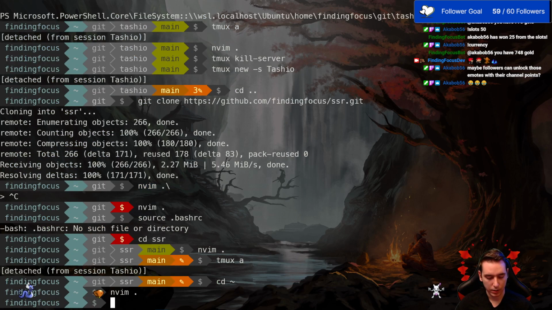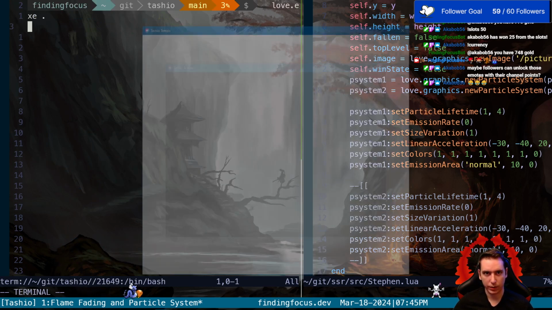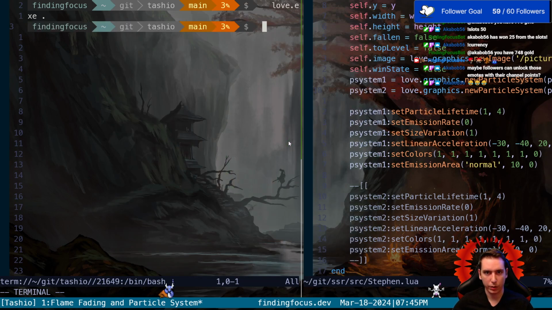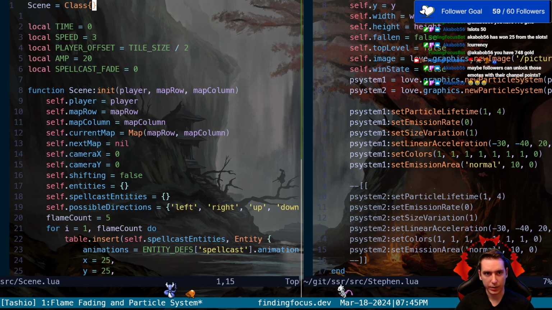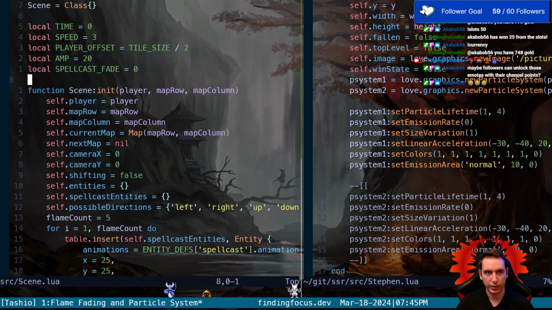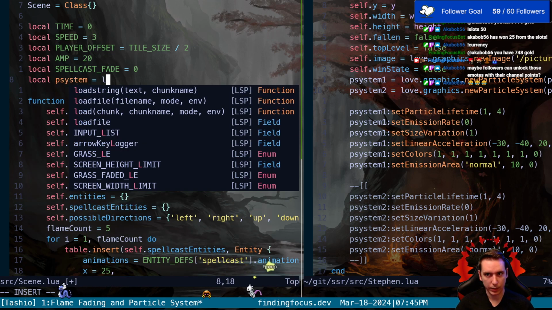And then once we attach, we can still hopefully run our Tashio game here. Okay. And then now we can start adding our particle system. So for right now, I guess we'll do it up here. We'll make a local particle system. So our local particle system is going to get a